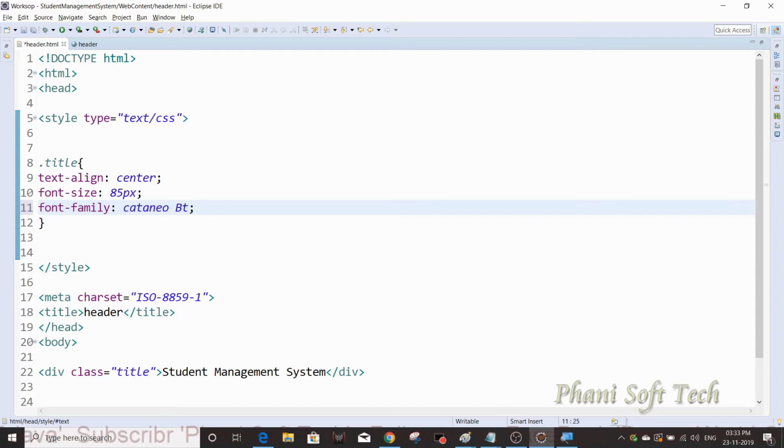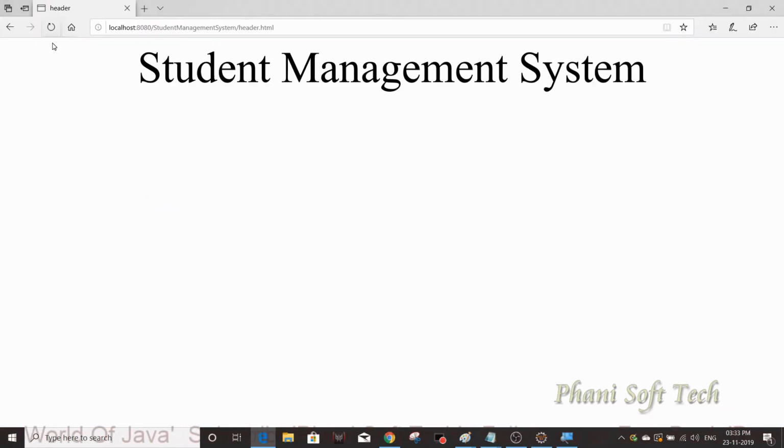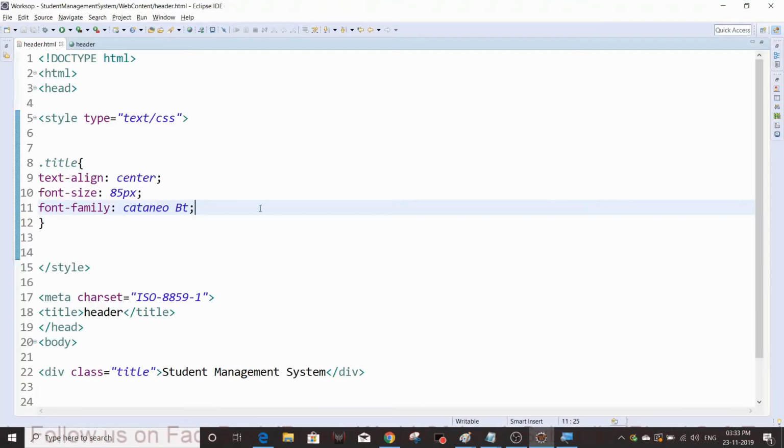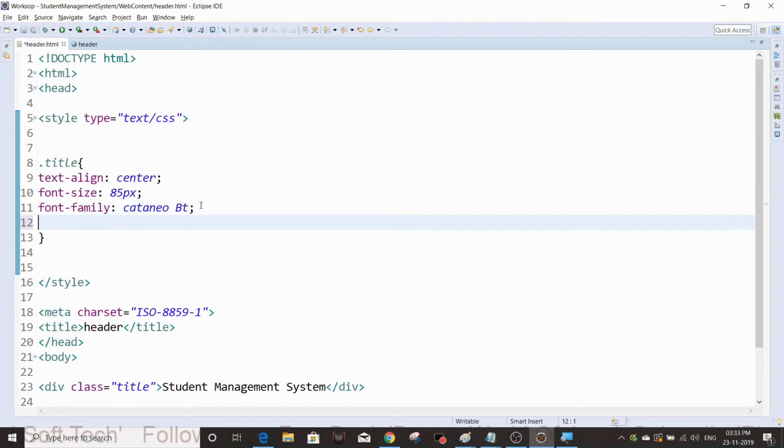Cataneo BT, and save it and refresh it. Okay, fine, my font is changed. Now I'm going to give some background of that header. Background,